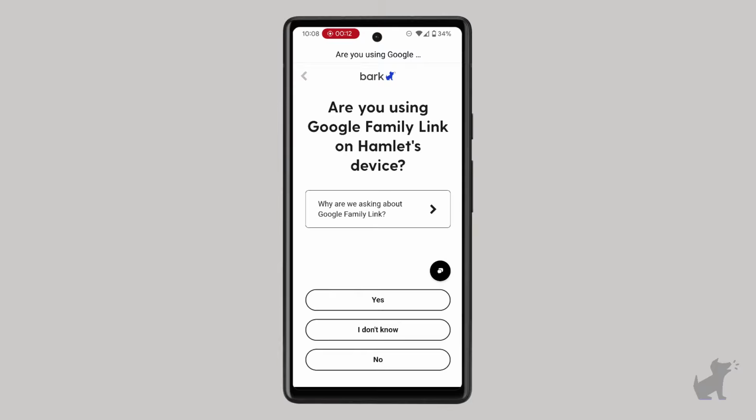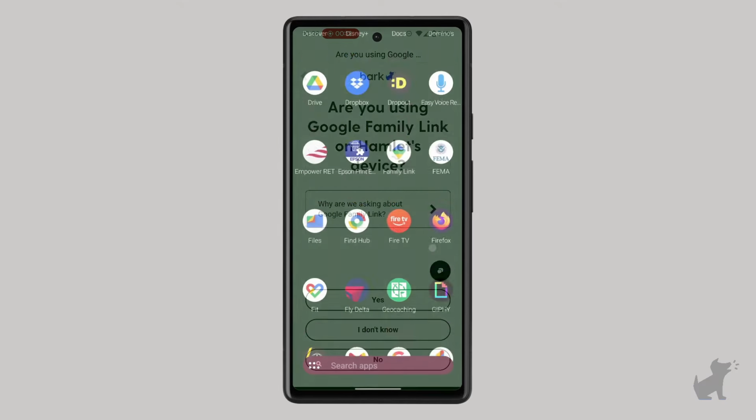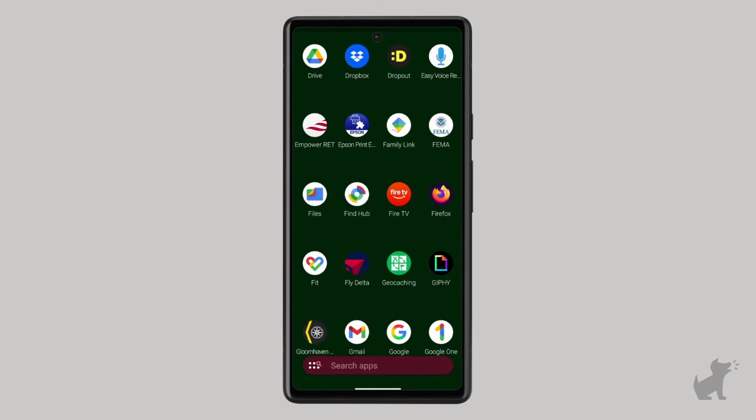Now, if you use Family Link, it's perfectly compatible with Bark, but you'll need to make a few settings adjustments in your Family Link parent app for the install to work. If this applies to you, here's what you'll do. Open the Family Link parent app,